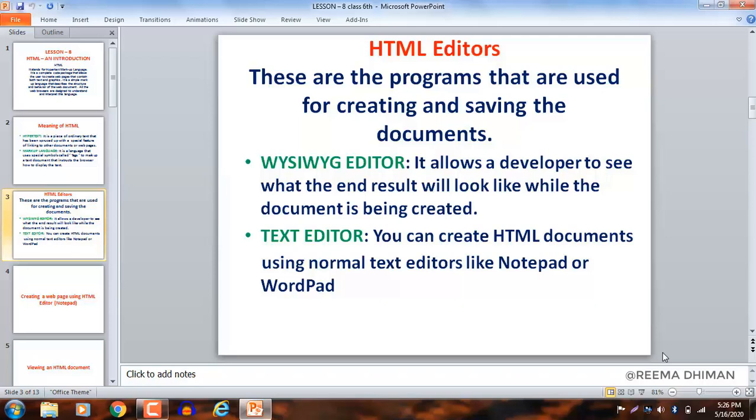It means what you see is what you get. This type of web editor allows a developer to see what the end result will look like while the document is being created. These editors provide various tools and graphical interfaces where the web pages are designed. While using this editor, users may not require the knowledge of HTML commands, as the elements like images, tables, lists, etc. you will learn in this chapter can be placed on the interface and the required HTML code will be